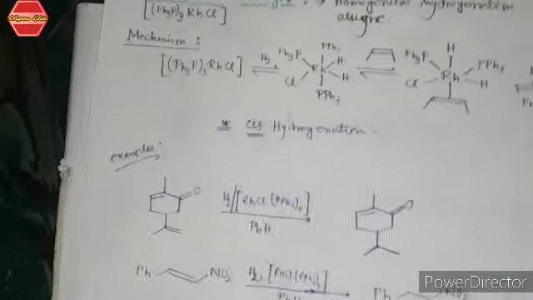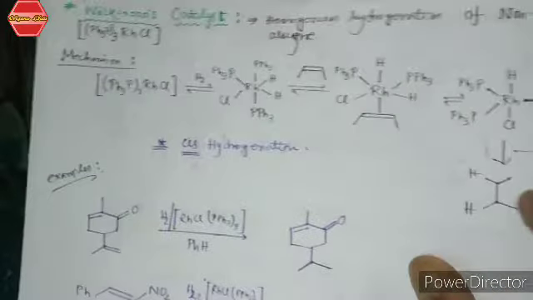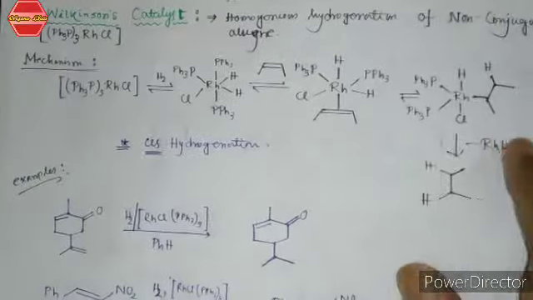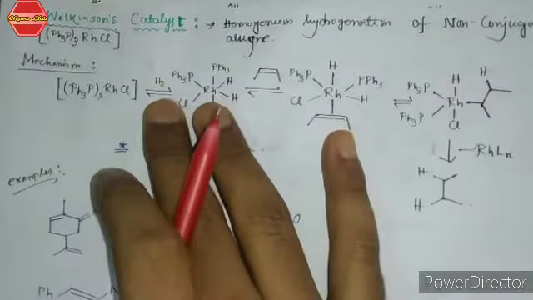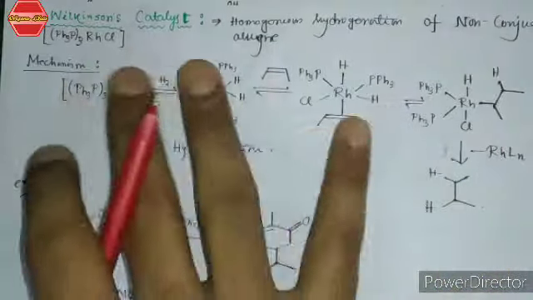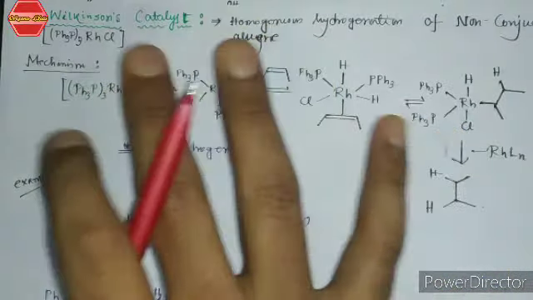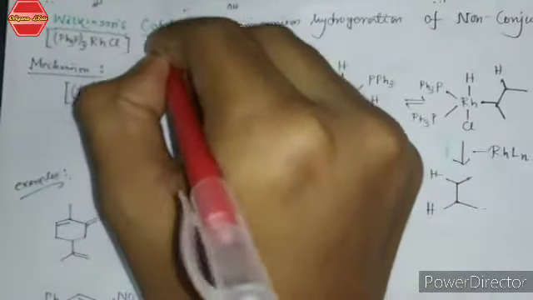Now another example, one more and the last important one, is the Wilkinson catalyst. Okay, so let's see the Wilkinson catalyst. The Wilkinson catalyst is very important. We all know what the Wilkinson catalyst is. I think we already discussed it in organometallic chemistry, and how it reacts. The Wilkinson catalyst is generally a rhodium complex, RhCl(PPh3)3, and this is a 16 electron complex.